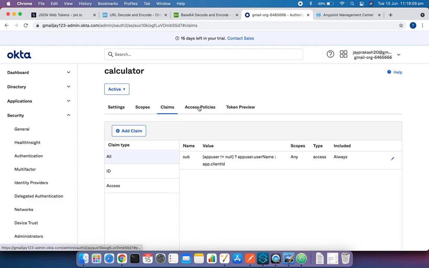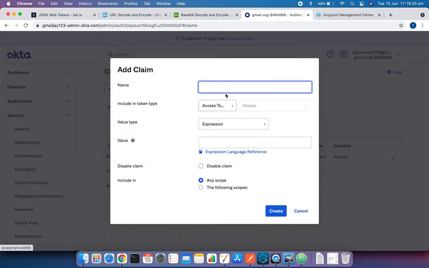As I have already mentioned, anything which is in the JWT token payload is a claim, right? So if you have any custom claim, you can add it here. Okay, so we can add one. Let's add calculator. Add. Just to understand this, I want this in my access token, not in the ID token,